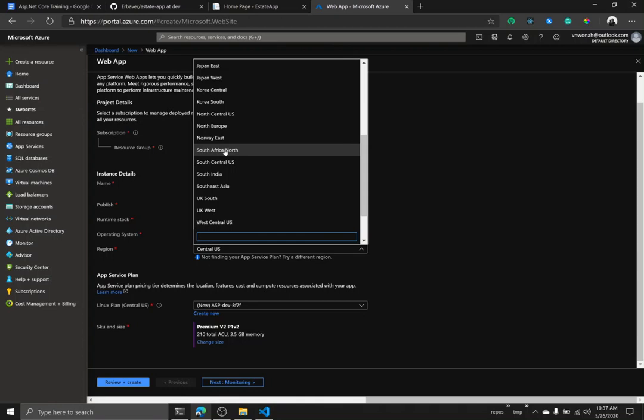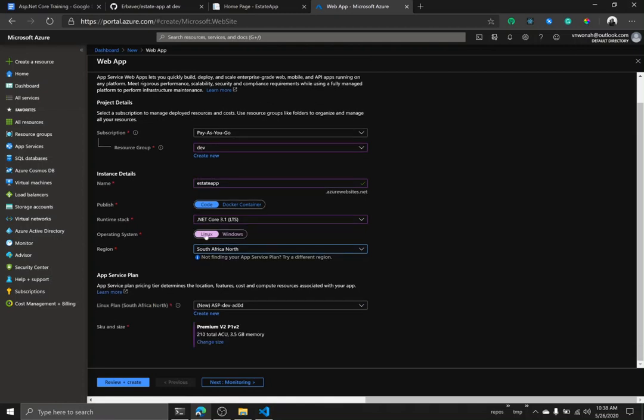And this is what is called latency. The time it takes for the round call from browser or phone to your application and back is called application latency. So you want to host your application in the places that are closest to your users. I'm going to go ahead and select South Africa North because I want it in South Africa North. And then app service plan,